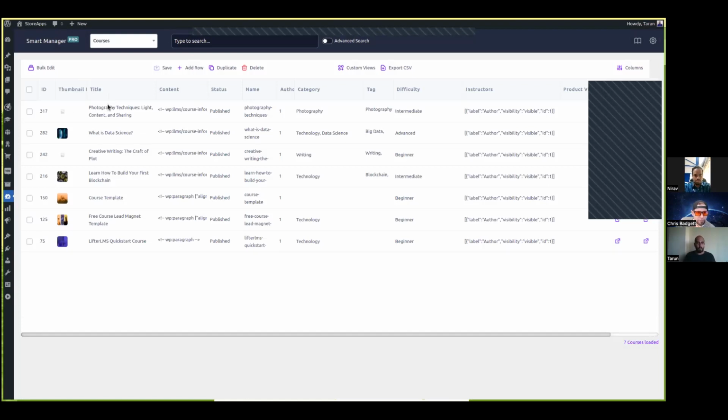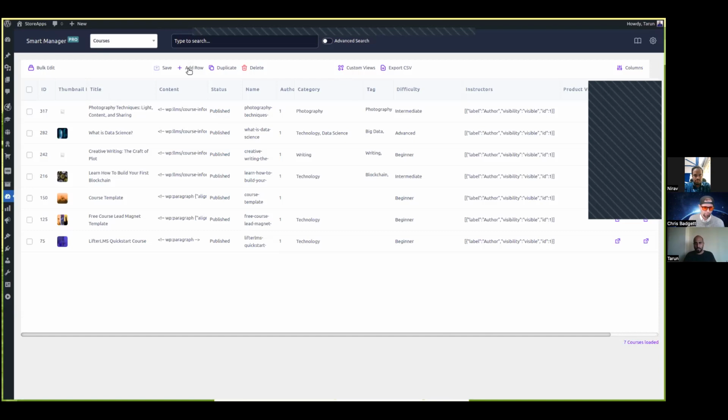Okay, now here by default it will load some columns that it thinks are useful for you. Some columns from the post table, some from post meta, some from your taxonomy automatically. Okay, you don't have to do anything. You can directly start and play around with the stuff, right?